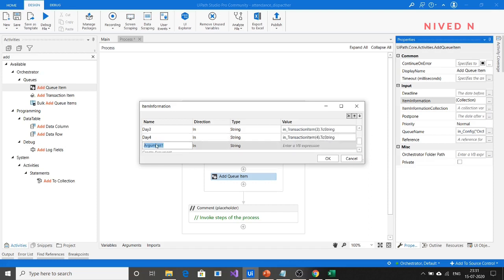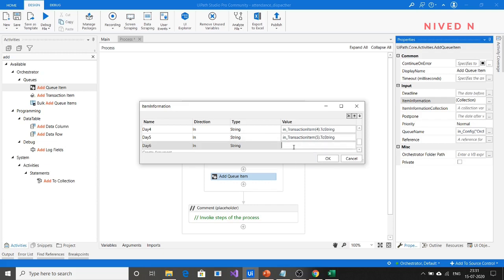Similarly day 5. Day 5 is in transaction item, dot to string. So next day 6, sorry.